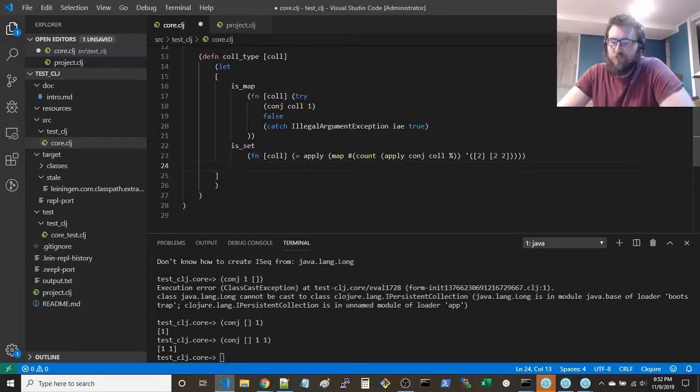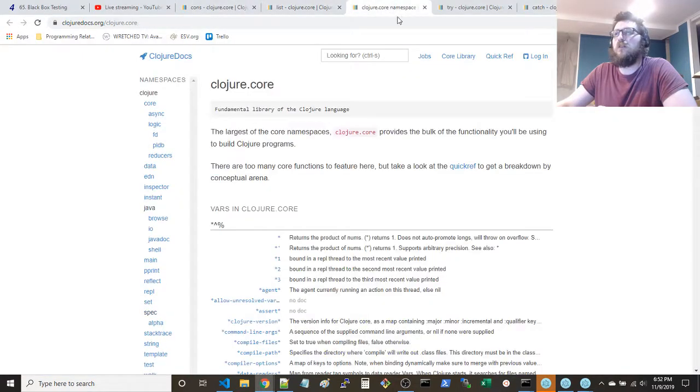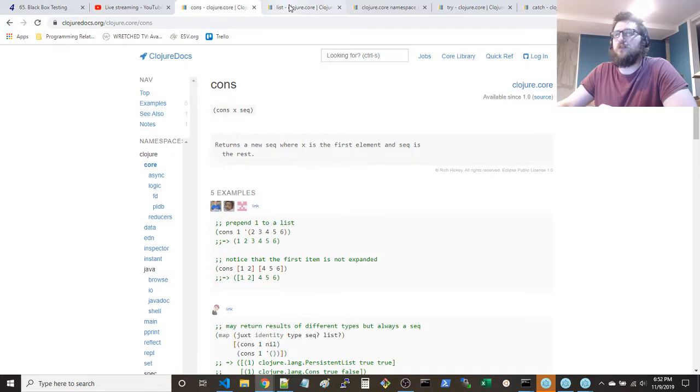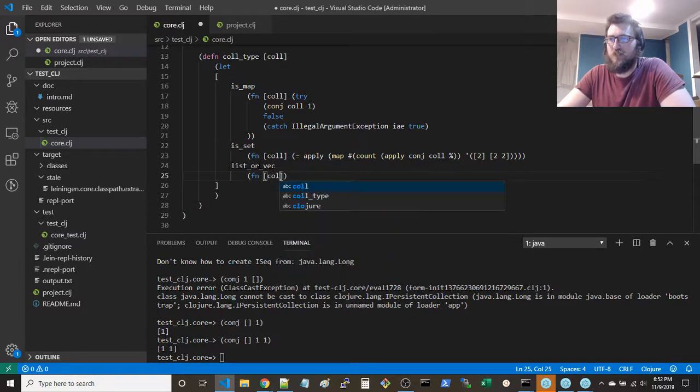And now we'll say, if it's between a list or a vector, true being list and false being not list, meaning it's a vector. Then we'll take this collection and determine if it's a list or a vector.